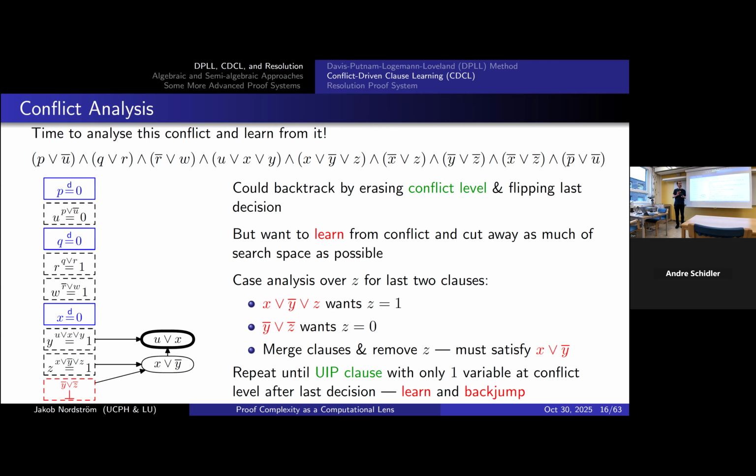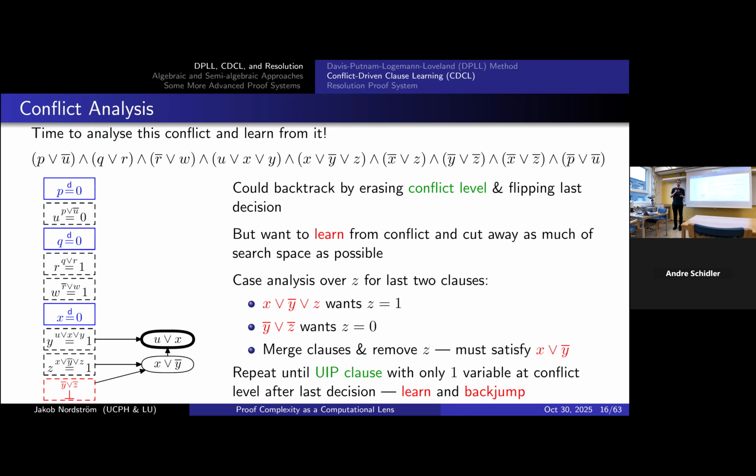Why does it terminate here? Well, because this is a unique implication point. There's only one literal at the last decision level. See, U is at decision level 1, X is at decision level 3. So this is a first UIP clause. This is the first unique implication point. We'll learn this, and now we'll just